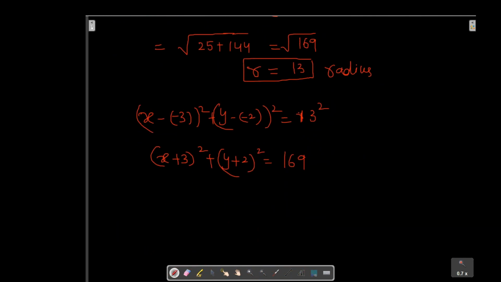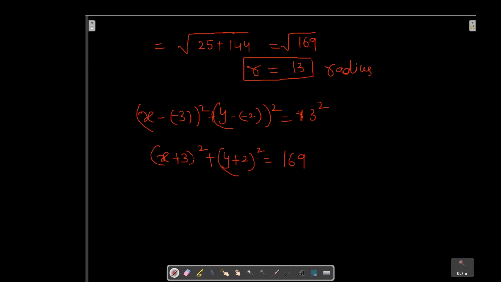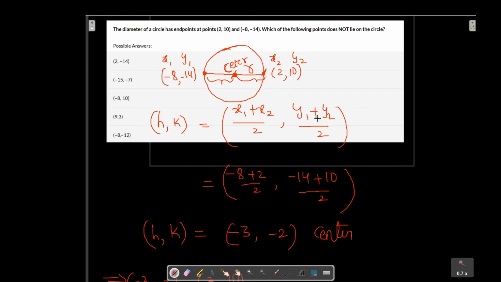This is our equation of the circle. But what do we have to find here? The points. Which of the following points does not lie on the circle? We need to plug in each and every point in this equation and see whether it is satisfying that equation